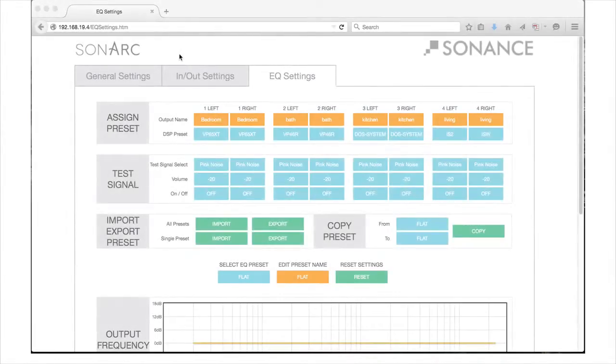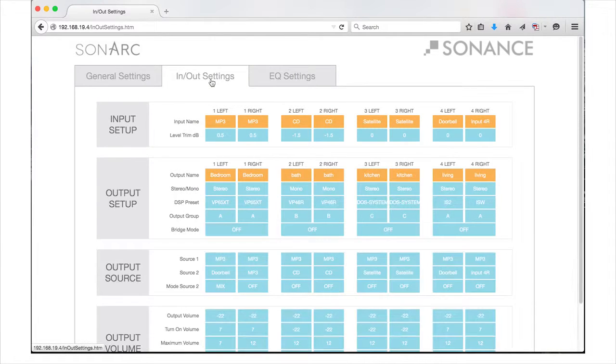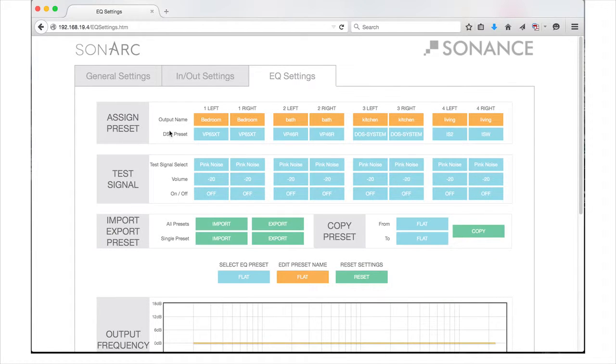Working with the Assign Preset section is similar to the work done with the In-Out Settings tab in the previous video. The reason for having it again here is to provide you one page to set and create all your DSP work without having to navigate back and forth between pages. So if you change the name of an output on this page, it will update that name on the In-Out Settings tab. Likewise, if you change the selected preset on this page, it will also update the preset on the